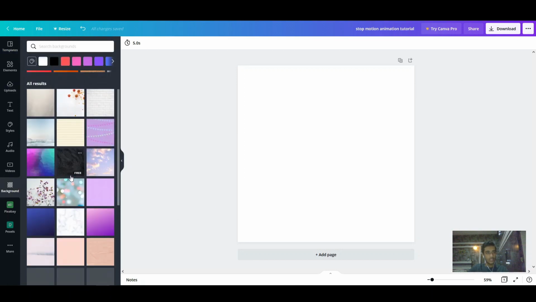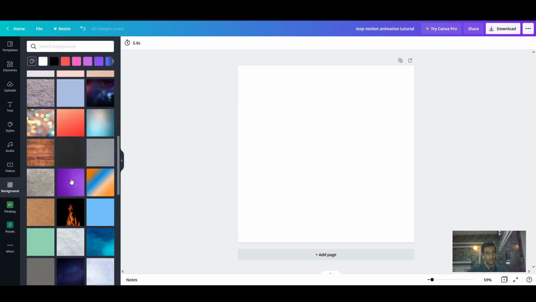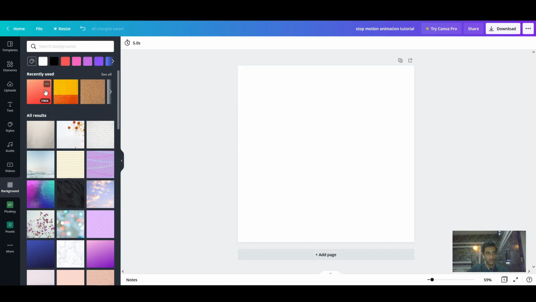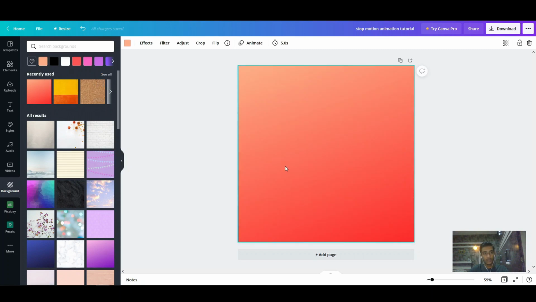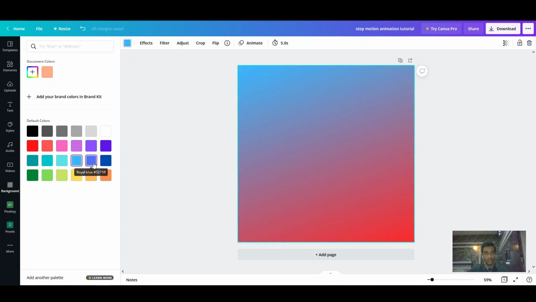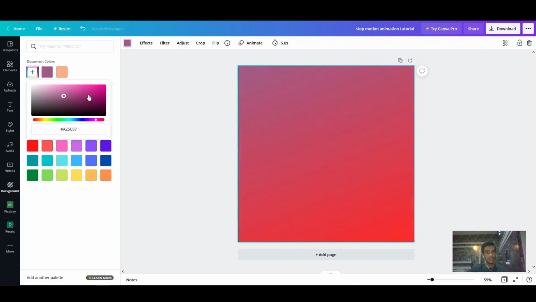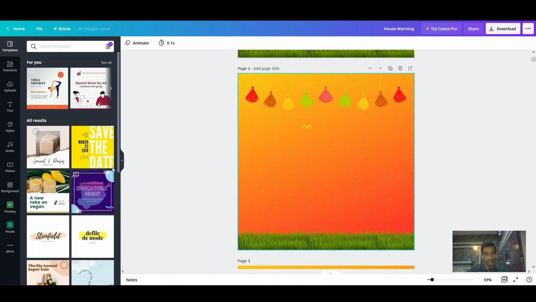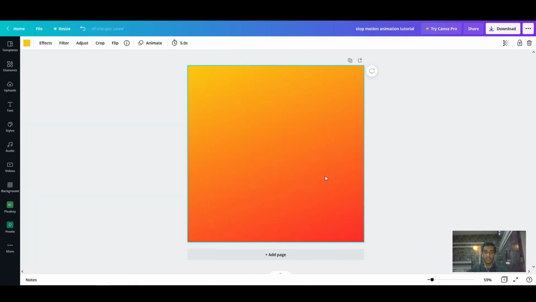As you can see, you can select all of these backgrounds for absolutely free. You have tons of options, but in my recently used tab, I have this particular background which I'll adjust to my liking. You can also change its color by going here. The top color will change according to the color which you choose over here. You can also adjust the colors like this or use the hex code or the RGB values for any specific color that you like. The specific color which I will be going with is this.